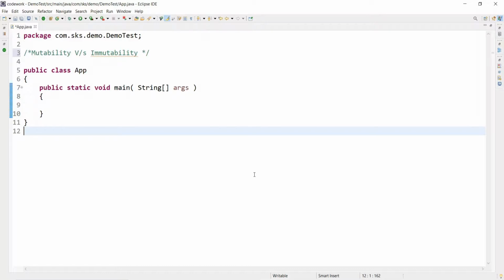So let's assume we are going to create a class. In the class you are creating two member variables, let's say int a and int b. Thereafter you are creating an object of Mutability, m is equal to new Mutability. Mutability is the user defined class that we will be creating, and we are passing the values 20 comma 30. Via the constructor this value will be stored in a and b.